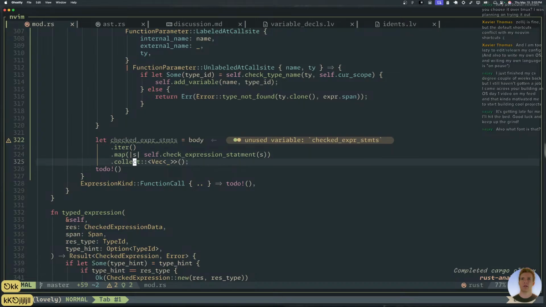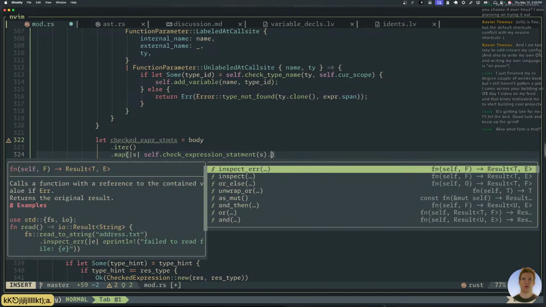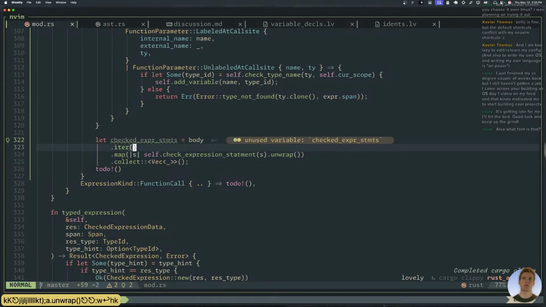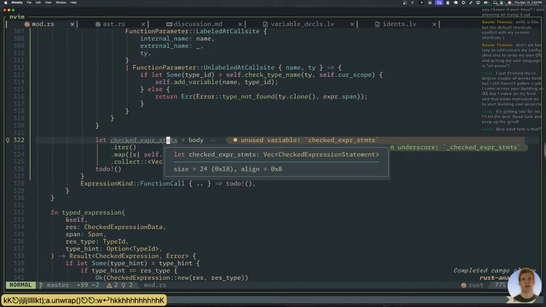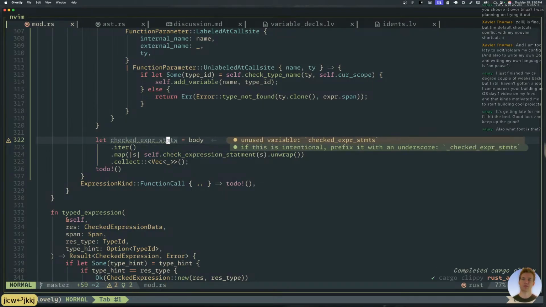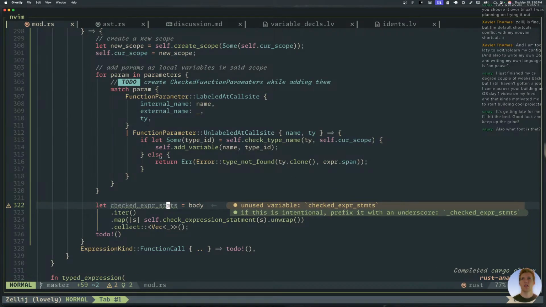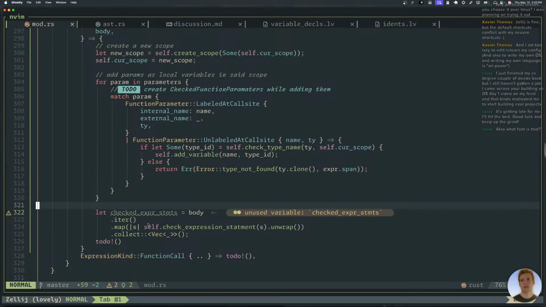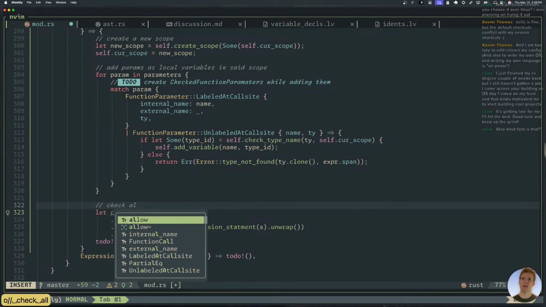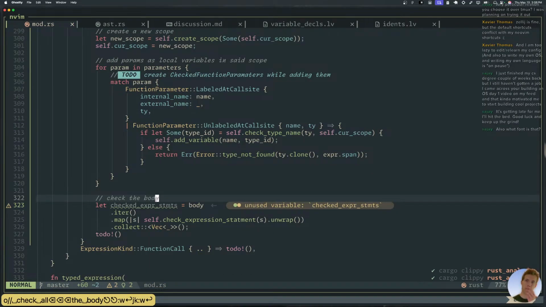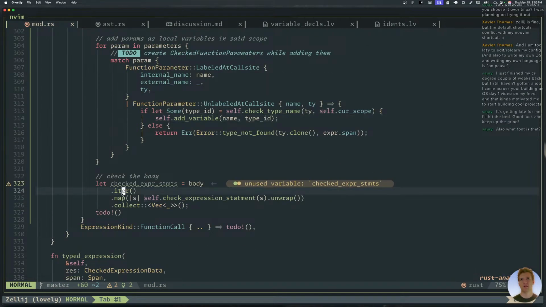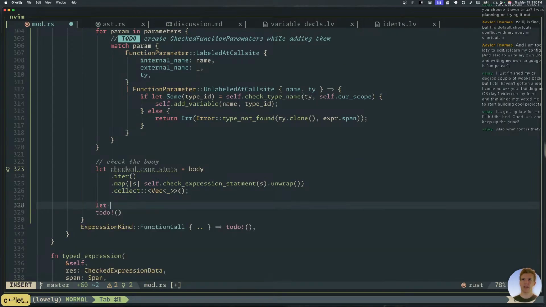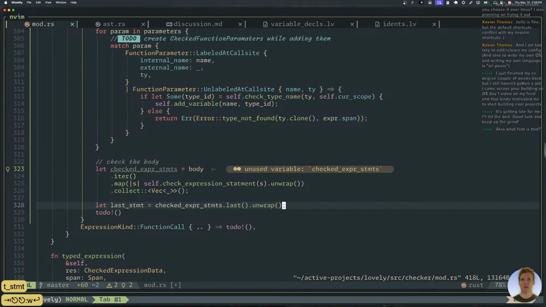We have these, except for, let's just unwrap these for now like we were before. So now we just have checked expression statements. Okay. So this is like check the body. And then I'm going to say let last statement equal that.